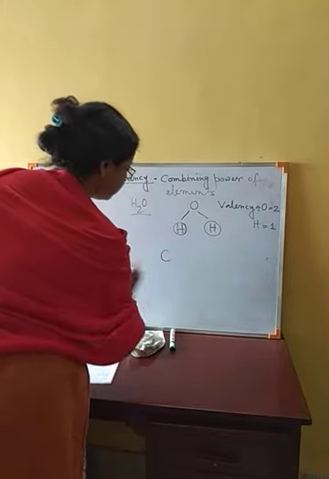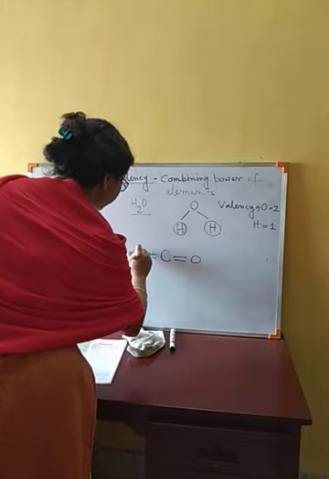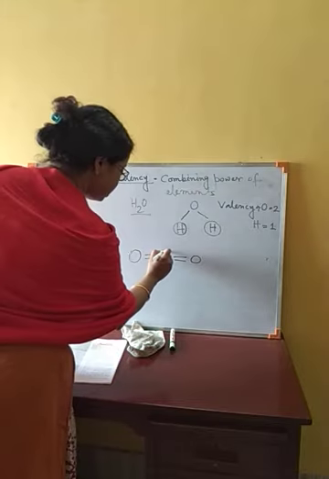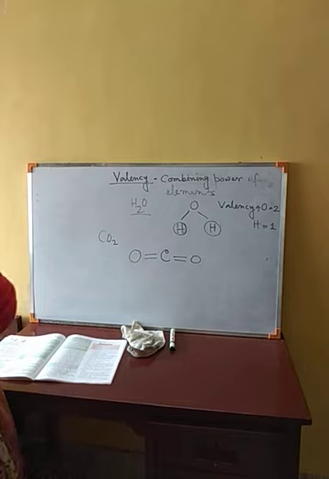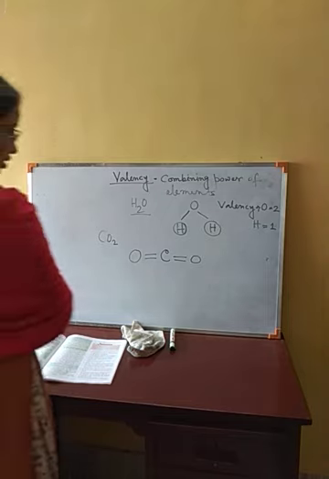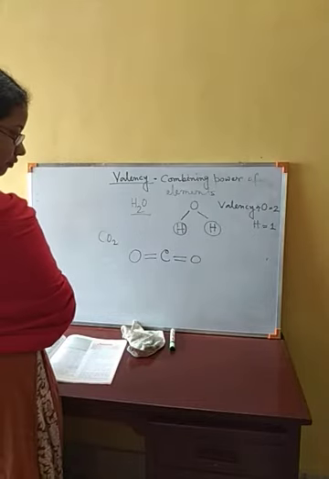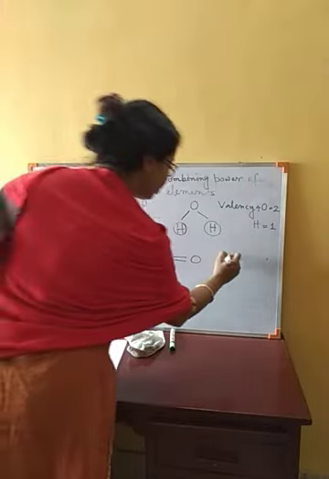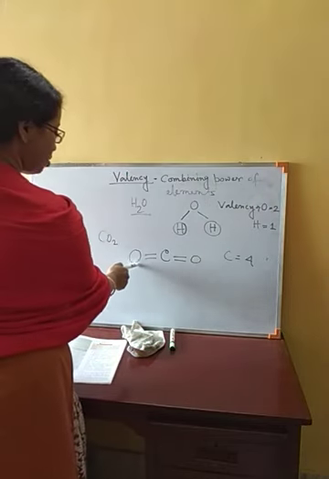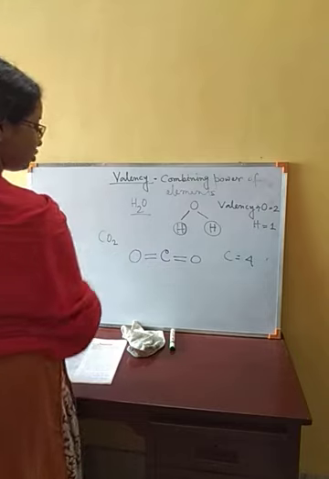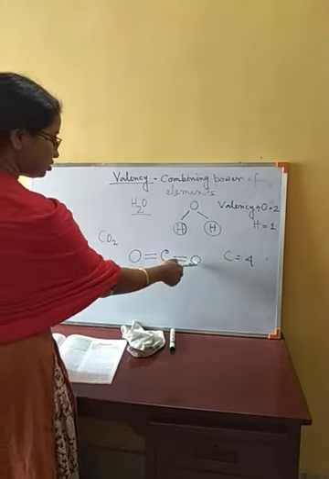For that, let us draw the structure of carbon dioxide. This we have done in the project. Okay, so this is a linear structure, we will say. In a single line we can draw the structure of carbon dioxide. Now here you can see from carbon how many hands we have drawn? 4 hands. Okay, so carbon's valency will be 4. And how many hands we have drawn from each oxygen? 2. From this oxygen 2 hands, and from this oxygen 2 hands.